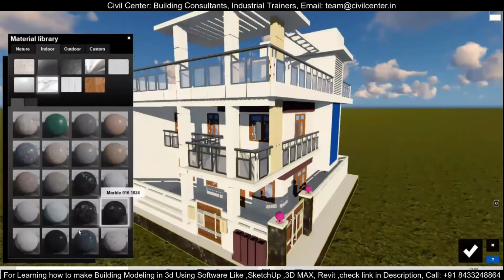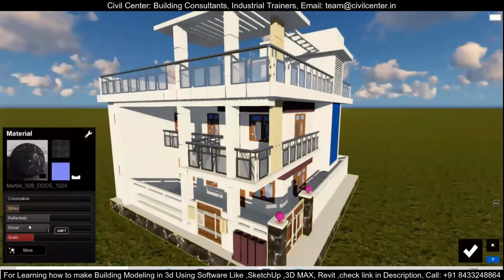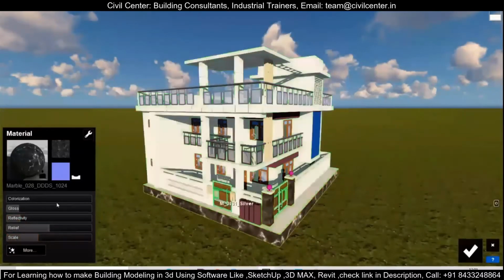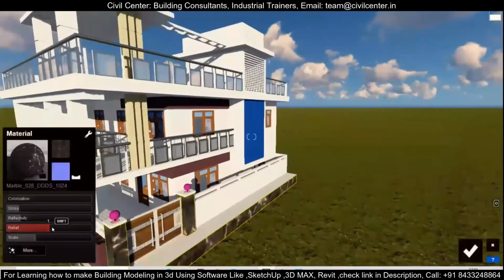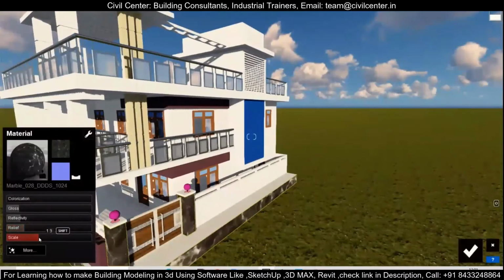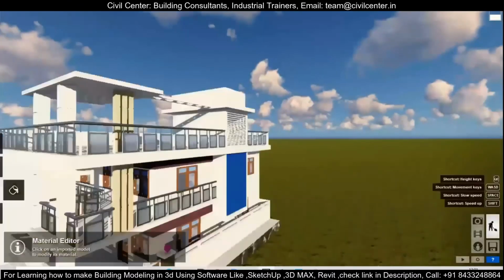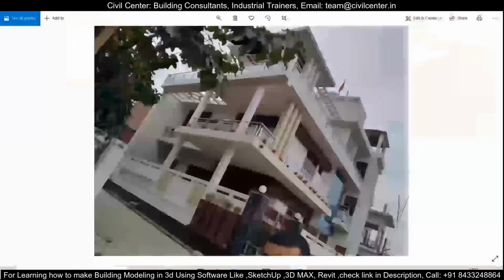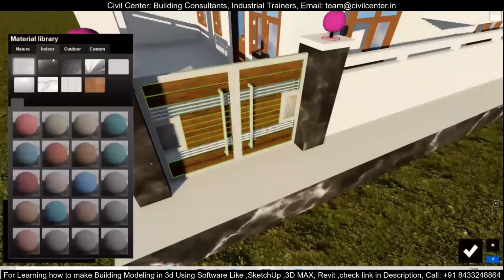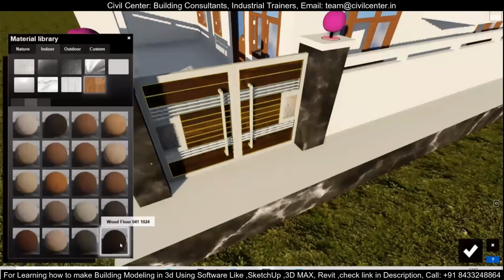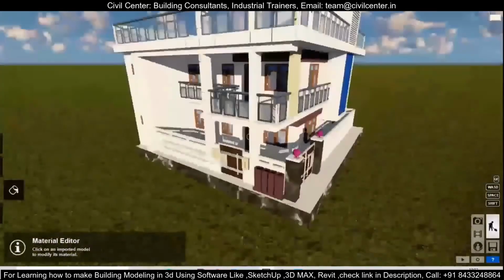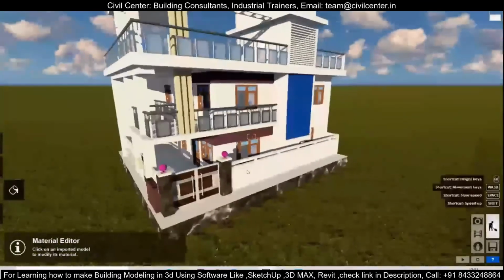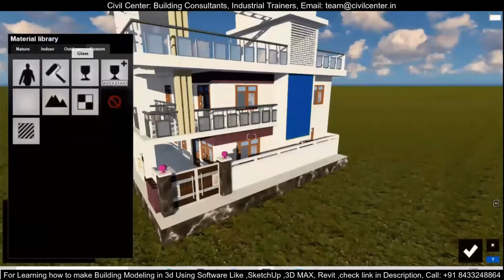Now I will go for the stones. Now you will get a bunch of options over here, and you can choose any one you want. So all you have to do is to select the object and then provide the stone of your choice. Okay, and you can always keep trying different stones or different types of materials if you want. Now this door should be changed to a darker wood, so I will choose it and apply the material over it.